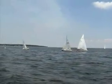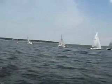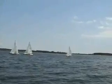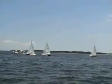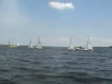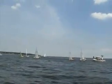We got a couple boats down here that are near the pin, and there's the gun. Yes, it's definitely a leeward end favored. So we want to talk a little bit about our approach to the start and what I might suggest there, as far as finding an approach that works all the time, or what feels the best for you, and using that same approach in all conditions. So we'll talk about that. We'll talk about determining which end of the line is favored, and